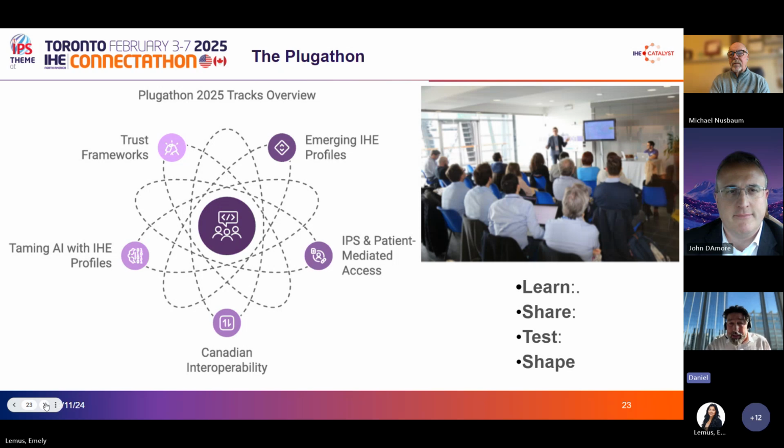This year at the IPS and patient-mediated access track, that's really the one focused on IPS, we're going to talk about the continuum of testing. We've got some specific testing events of the QRs that we've got planned. We're planning a session for cross-border exchanges with some folks that are actually doing it. We've got the experience of the Hajj